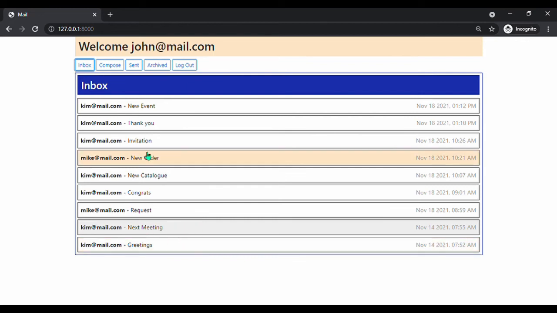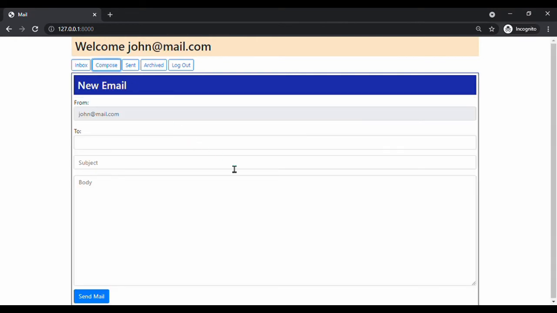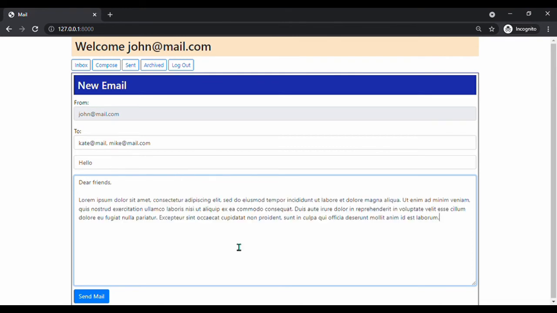Send mail. Compose button leads us to an interface by which we can send an email. After typing in one recipient or many, at mail.com, and typing in a subject and a message body. When clicking on Submit button, a server-side control checks the form for any errors before accepting